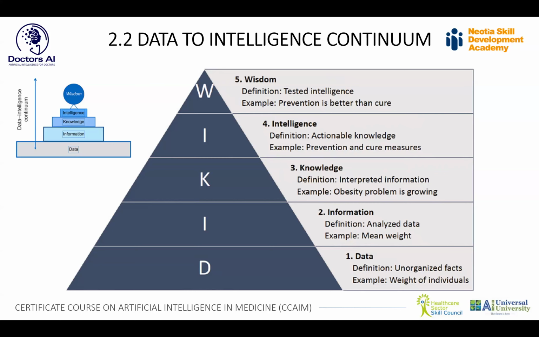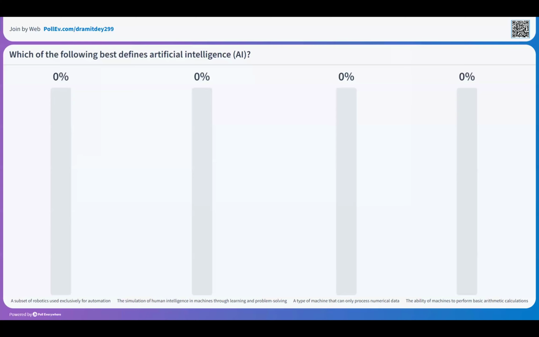And overall, in the AI-integrated system, you're looking at the data-to-intelligence continuum. Over the sessions, over the modules, this will be referred to multiple times. While we will be taught data science and data analytics, this particular segment is going to be elaborated and highlighted repeatedly.